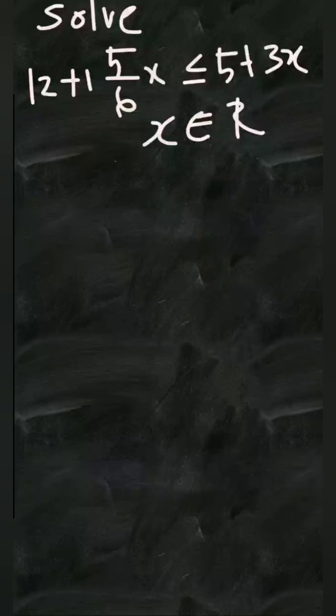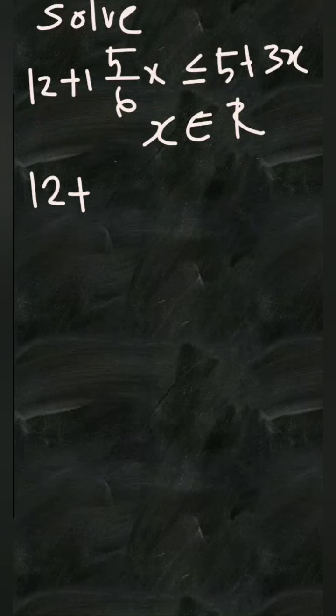So here we have a linear inequation, and I already told you in the first part that we can solve a linear inequation as we solve a linear equation. For that we have to write all the terms which contain x on one side of the linear inequation and all the other terms on the other side. If you look at the LHS, you can see that there is a mixed fraction, which is 1 5/6. First of all, we have to convert that mixed fraction into an improper fraction, and that will be the first step. So this will become